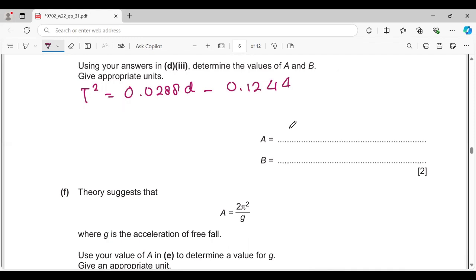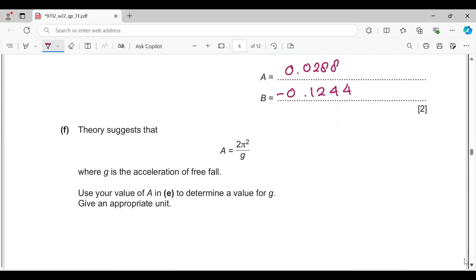So A equals 0.0288, while B equals minus 0.1244. Theory suggests that A equals 4 pi squared over G, where G is the acceleration of free fall. Use your value of A in E to determine a value for G given appropriate unit. Okay, so it means